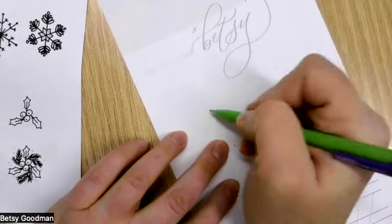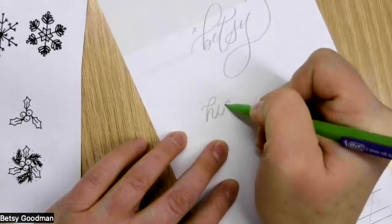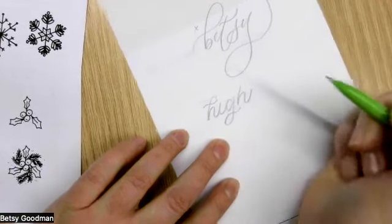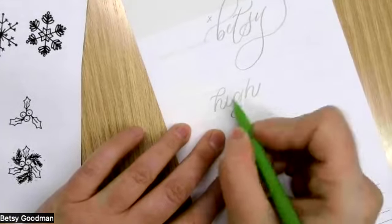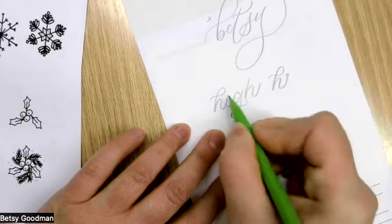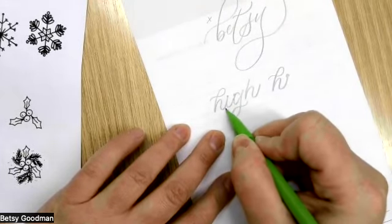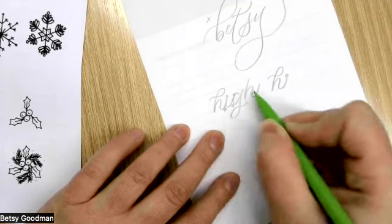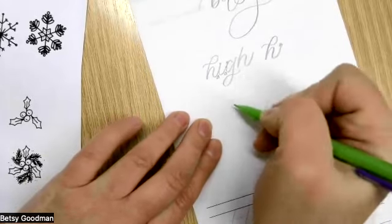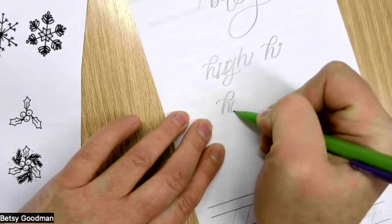So if I were to write the word hi, okay. Something that's happening here is when I finish a letter, like the letter H, I finish it up here at the waistline, and then I draw my next letter. And this one, I finished it up here and then I drew my next letter. And what that does is it creates these little pockets of negative space that make this easier to read and visually prettier. So another example, if I don't do that, if I write the same word, but I decide I'm just going to end it right there, like I don't need to finish it,